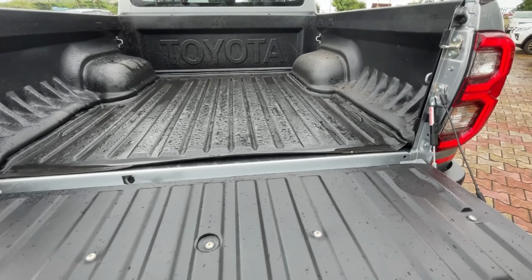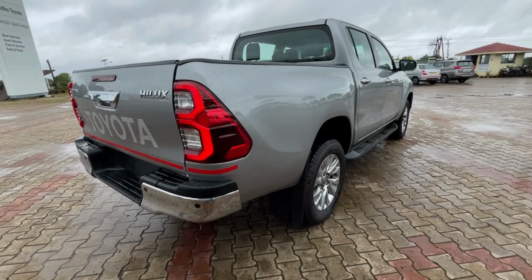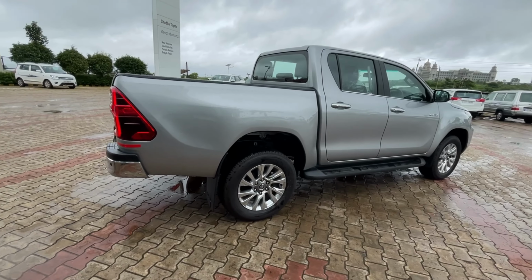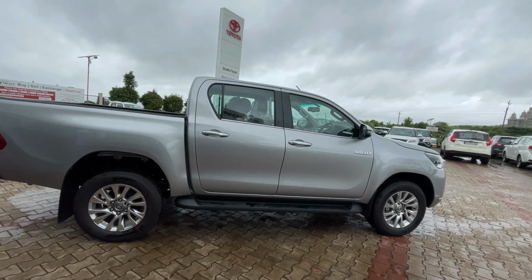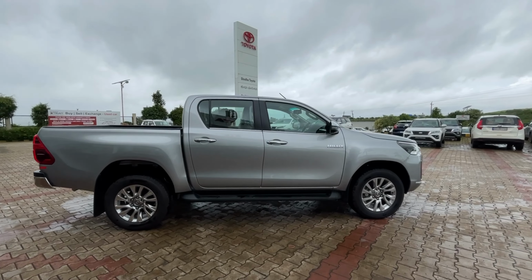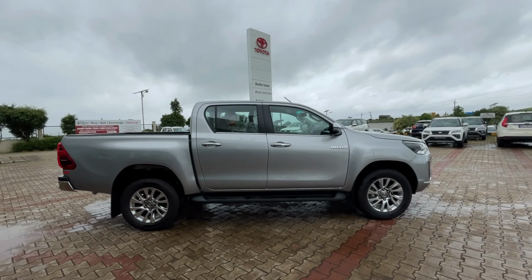But while closing, you can feel that yes, it's very heavy, but that is a sturdiness you need so that it passes all the NVH levels and has that safety. And there's not much on this side, and not to talk about anything, but the main focus of this car is going to be the on-road review that we are going to do. That's the rear end, and starting from the interiors,